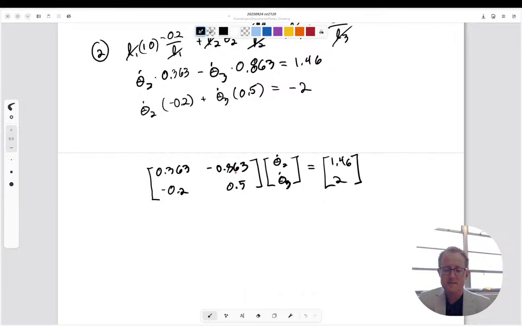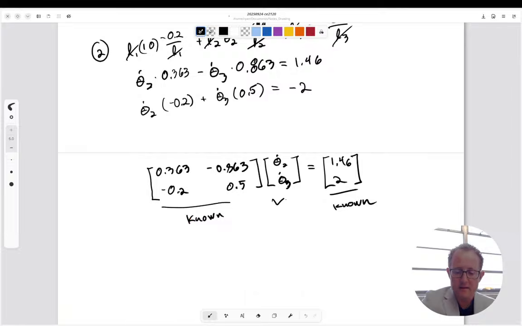So I have all this stuff that I know. This is known. This is known. And then just this one little vector of things that I don't know. Like, what is this? Now I can plug this into a computer, I can plug it into a calculator, but there's lots of